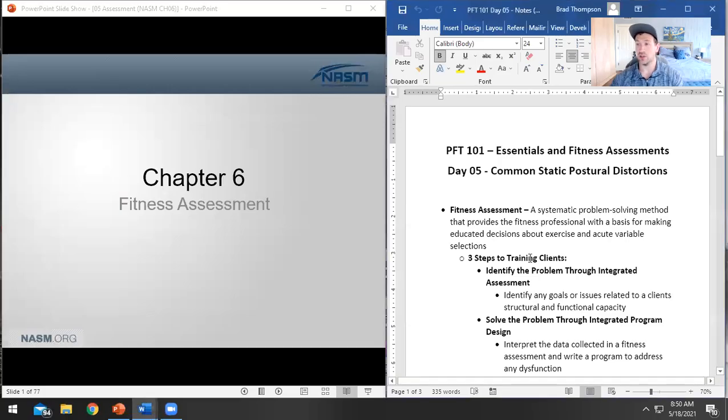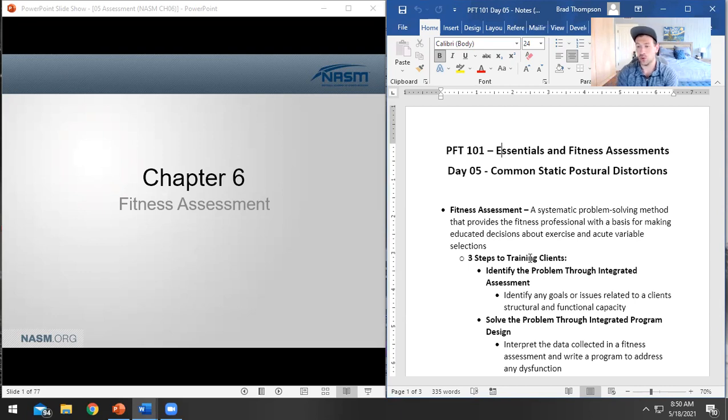So we are looking at our first day of fitness assessments here. We're going to talk about some common static postural distortions. There's a lot of assessments that we do as trainers, right? We've got cardiorespiratory assessments, we've got several different posture assessments, and they all kind of look for different things. But the baseline, flat version that we're going to look at is our static postural assessment. So this is going to be almost like our foundation for the rest of our conversations on posture,